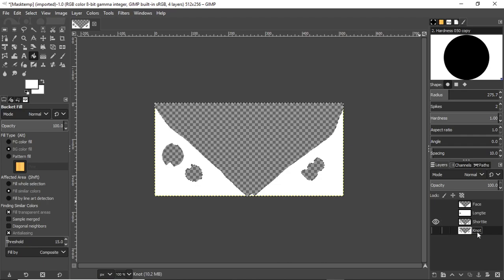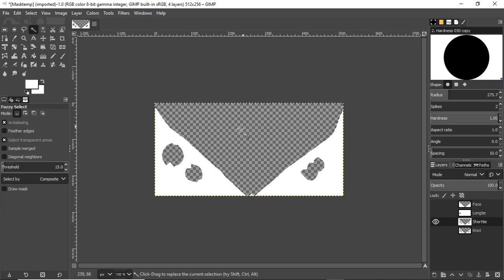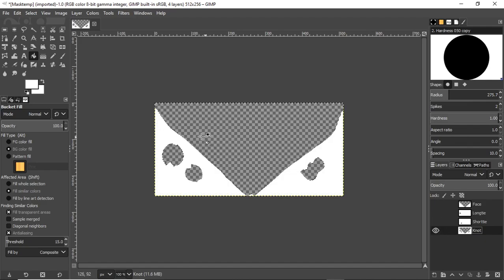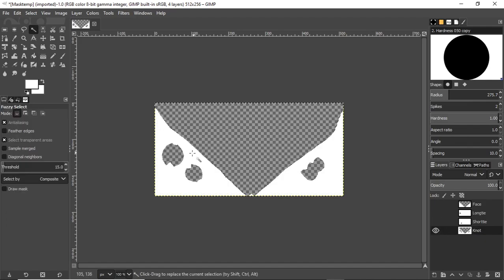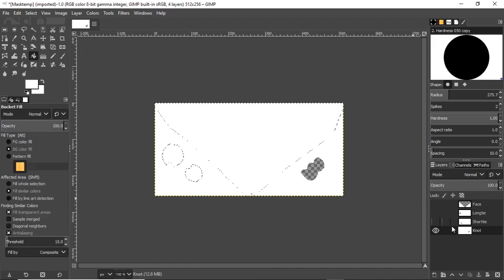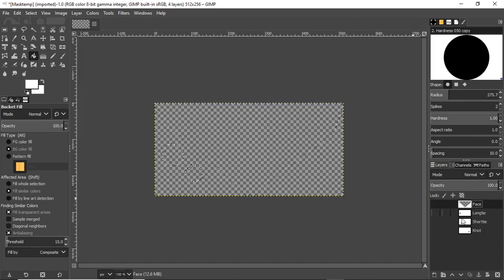Nice and easy. You know exactly what you're working with. So right here, the short tie, this is going to be the bottom one. Hit U, select 1, 2, 3, Shift and B, fill that in. Or Shift and click, I mean. There we go. There, we got another one. And then our knot. So hit U, hit 1, 2, 3, Shift and B, holding Shift, click. There we go. This is our template that we're going to use for all future